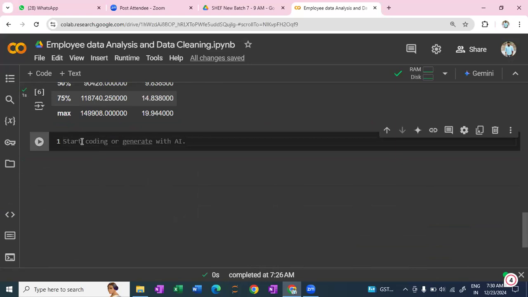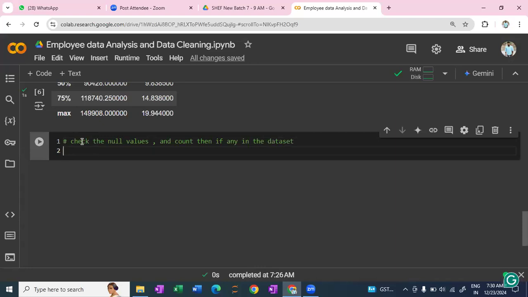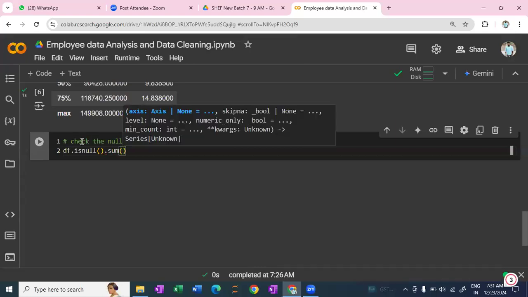Now also do one thing, check the null values and count them, if any, in the data set. So for this, what we will do is df dot isnull. isnull is a function basically to check whether the values are missing or not. So df dot isnull, you put the parenthesis, and after that you have to put some function on that. If you apply some function, it will count all the null values in an integer format. So when you run this,